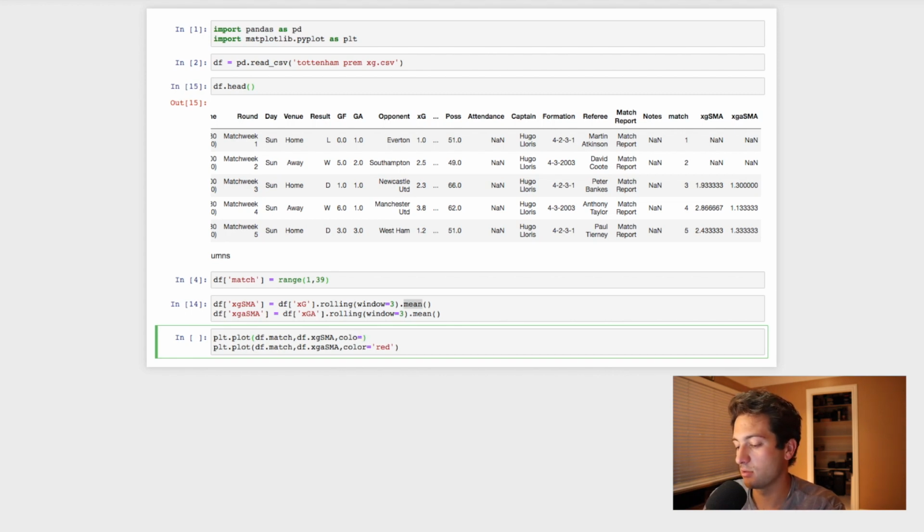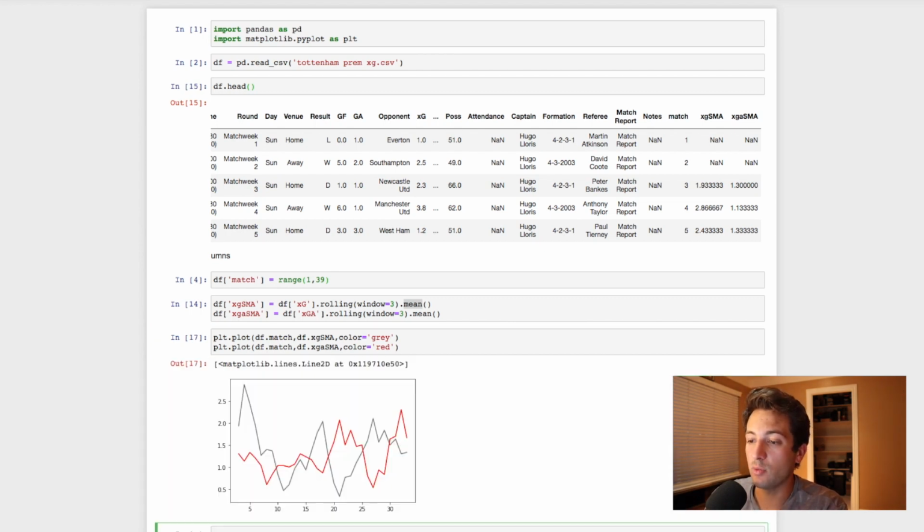equals, sorry, I'm trying to look around my microphone and type at the same time. Color equals, let's do gray. Those are probably two terrible colors to choose, but they were the first ones that came to my head, so we're using those. So we plot those and boom. There it is. It is the simple moving average of the Tottenham Hotspur 2020-2021 season up to week 33,